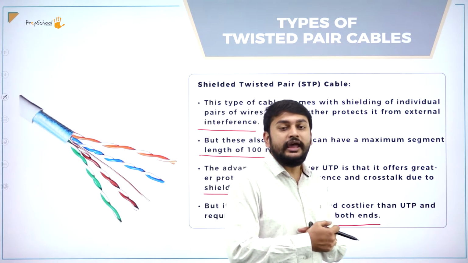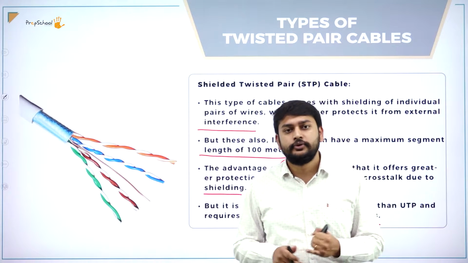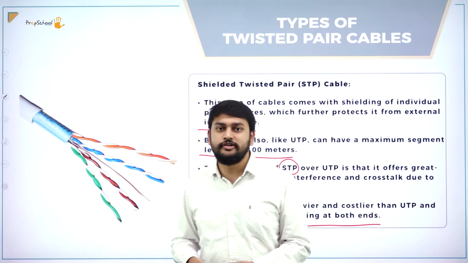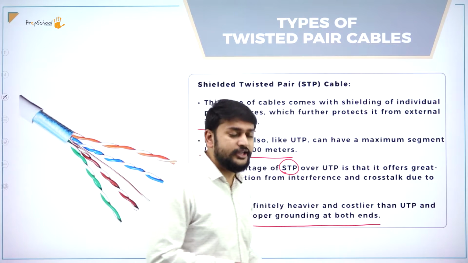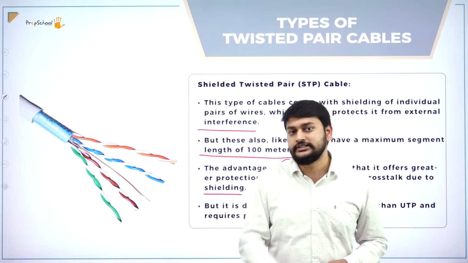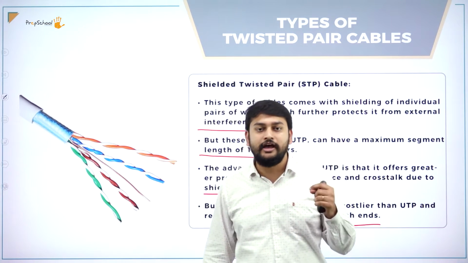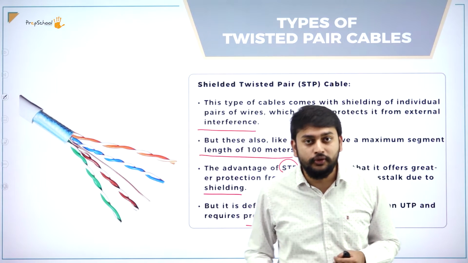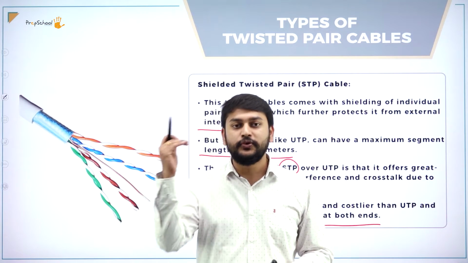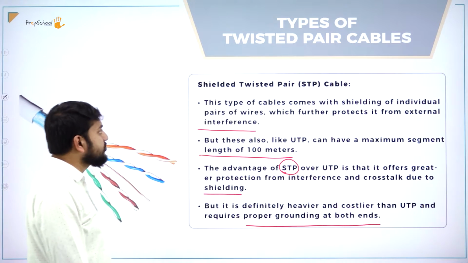In twisted pair, we have different versions of CAT cables: CAT 1, CAT 2, CAT 3, CAT 4, CAT 5. Recently, CAT 6 is also there. What does this CAT stand for? Category 1, Category 2, Category 3 is what they are trying to call it. Each category starts from Category 1, and in each category they have improved the data transmission rate. The speed of sending the data has improved in each category, is what you need to remember. So fine, what is the next one that I have?